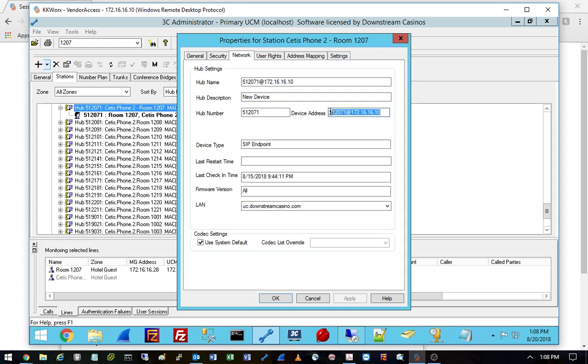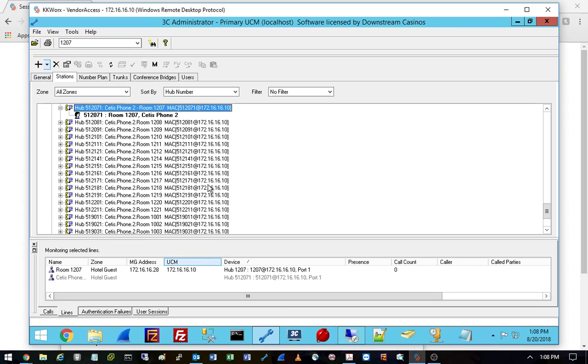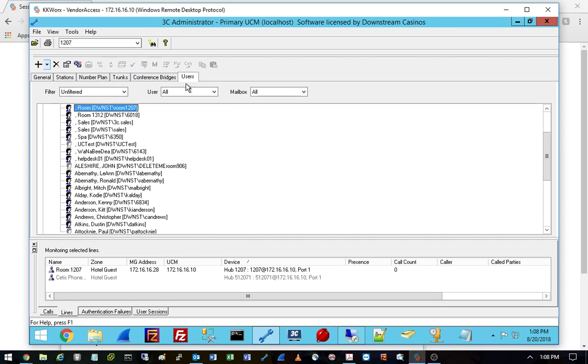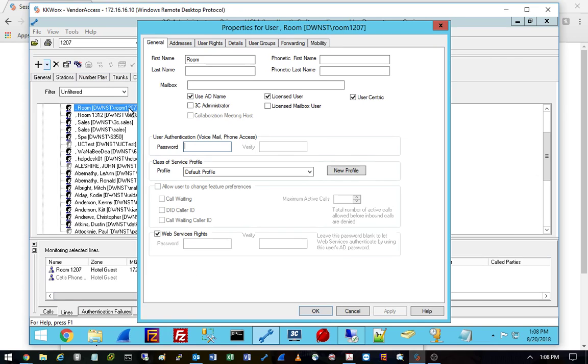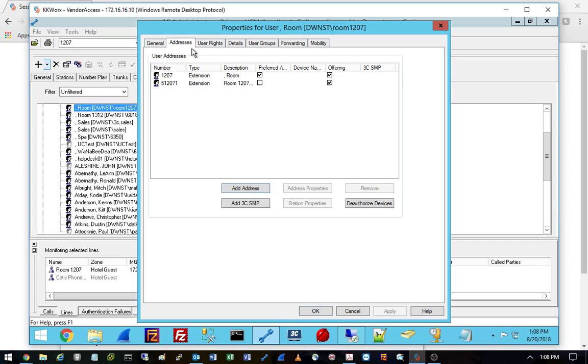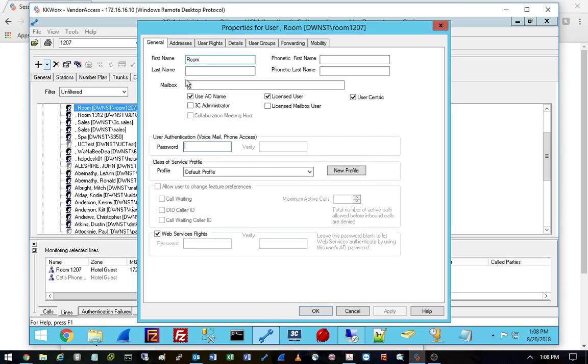These endpoints, these device addresses, were created en masse as well. I took care of that, and I can show that in a separate video how to mass produce devices. But these are devices that were created. So all you need to do here under user plan under 1207 is make sure that you have this offering and this preferred, and then the AD name,